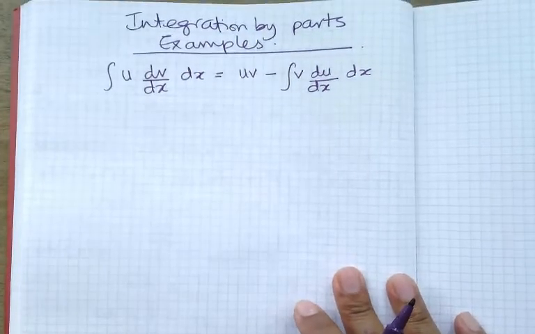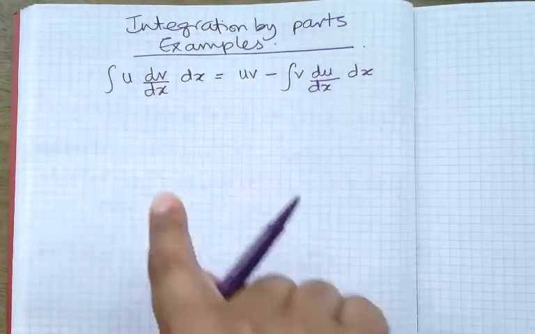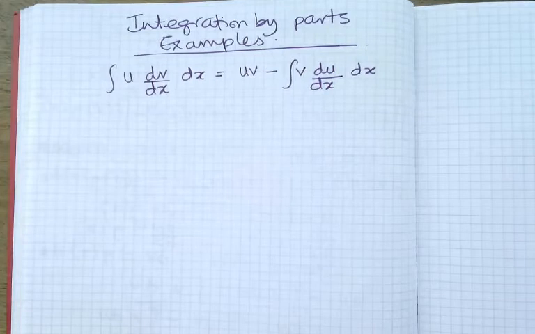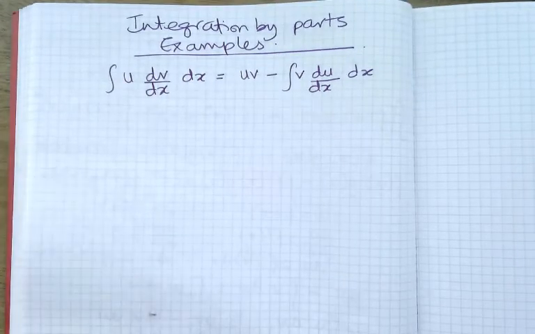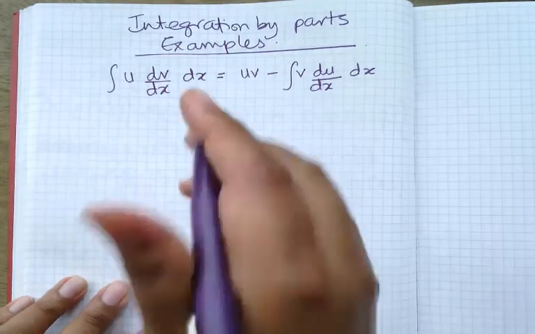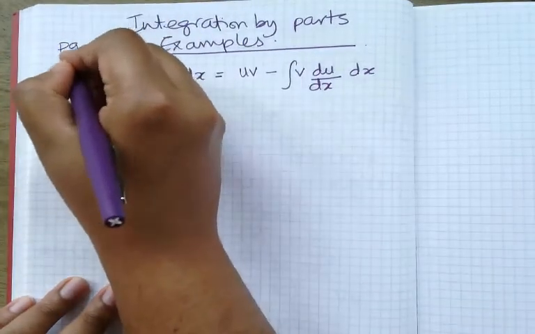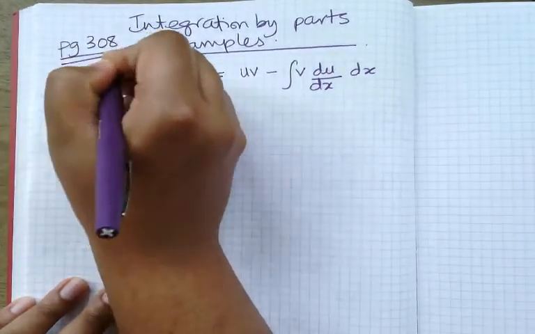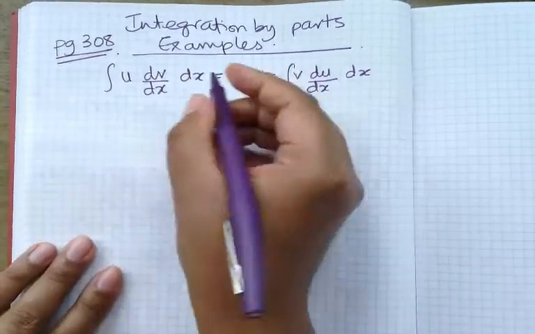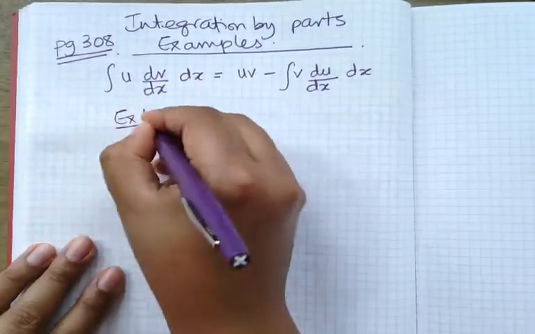Okay, so in the previous video I showed you where this formula comes from. Now in this video we are just going to go through some of the examples. The examples start from page 308 in your Pure Year 2 book. So the first example is